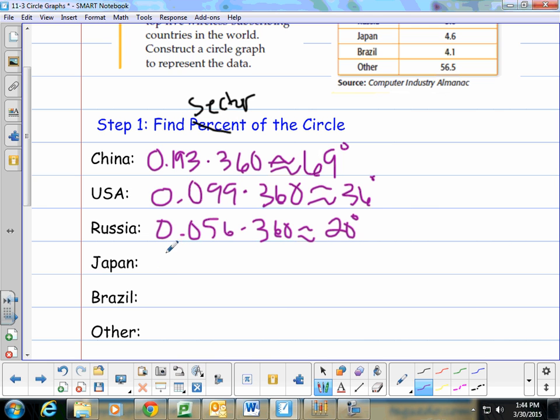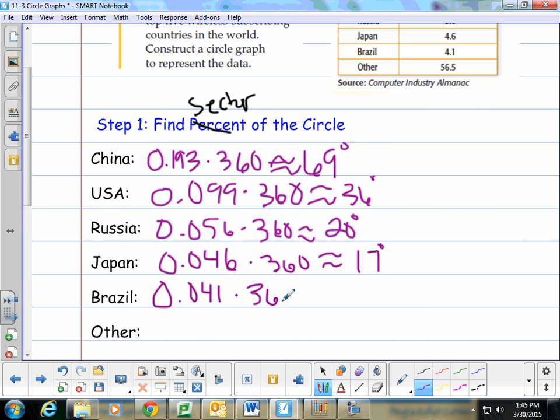Japan at 46 thousandths of a circle, which is approximately 17 degrees. Don't take my word for it. Use your calculator too. Brazil at 4.1% of a circle. It's going to be about 15 degrees. And then other, 56.5%